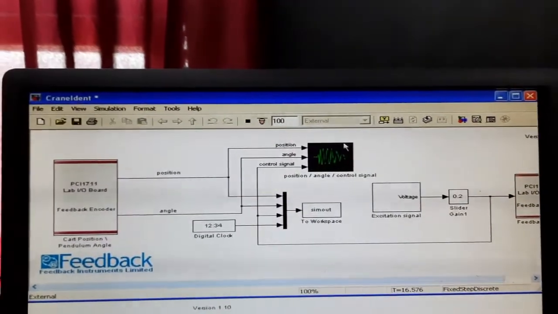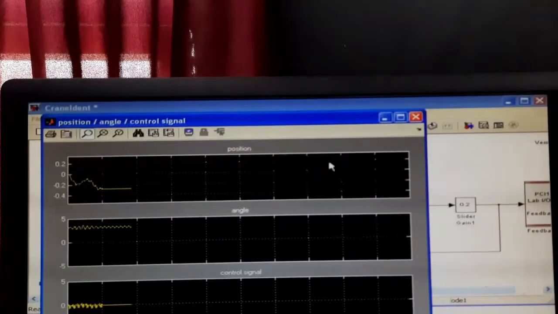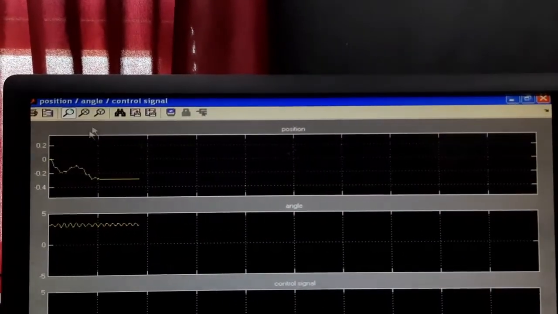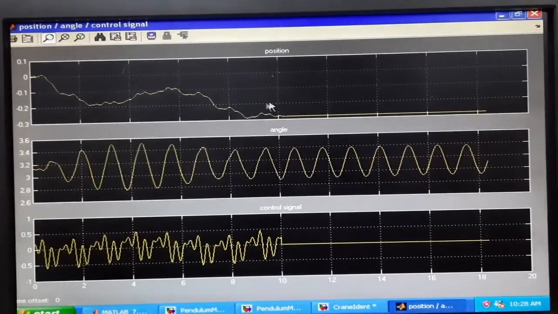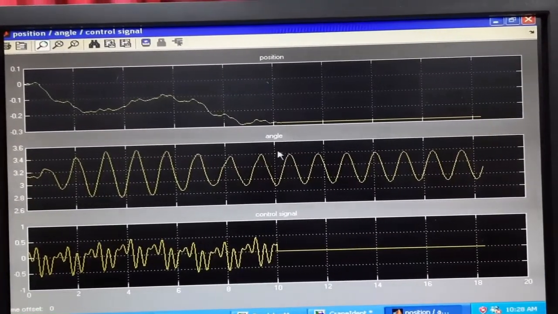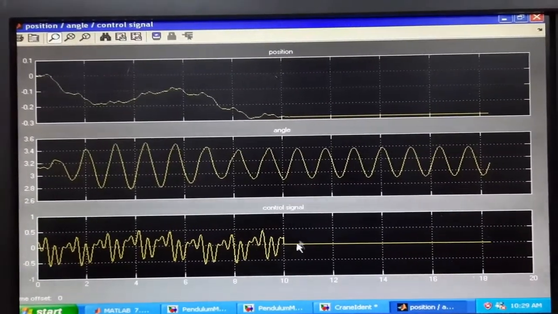And here is our response. This one is your position, this is your angle, and this is your control signal.